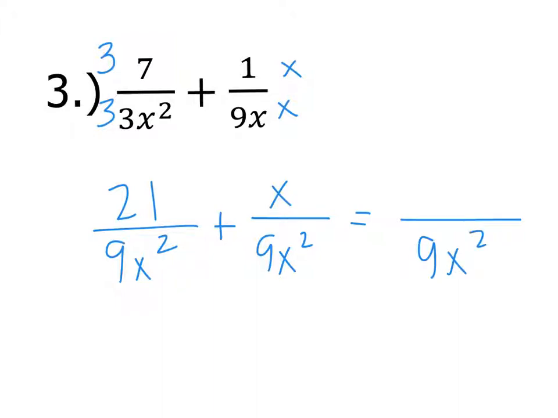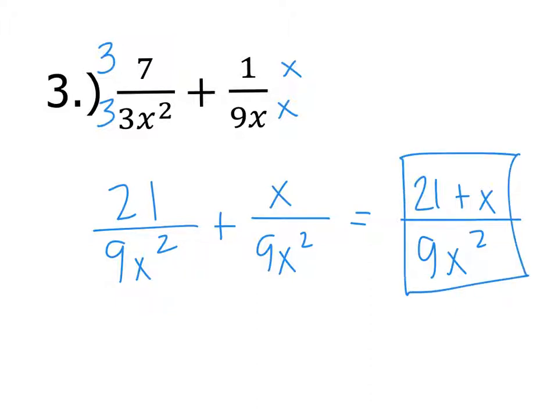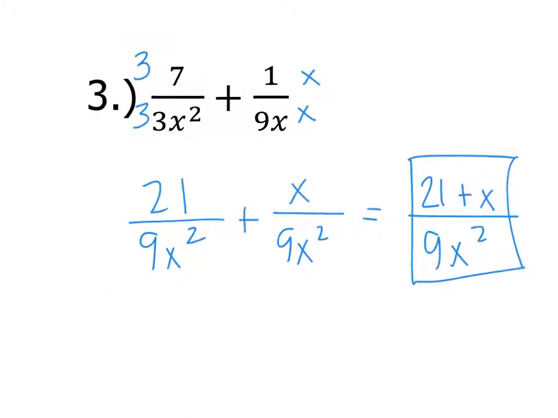And 21 plus x, again, just like all the previous problems, are not like terms. So they can't combine, so we simply write them separately. 21 plus x. And that's it. There's no multiplication going on that allows me to cancel out any common factors here. All right,